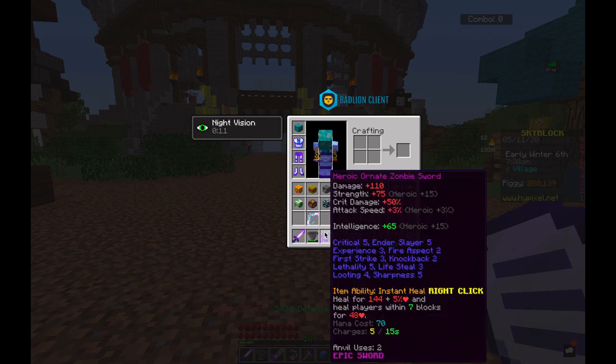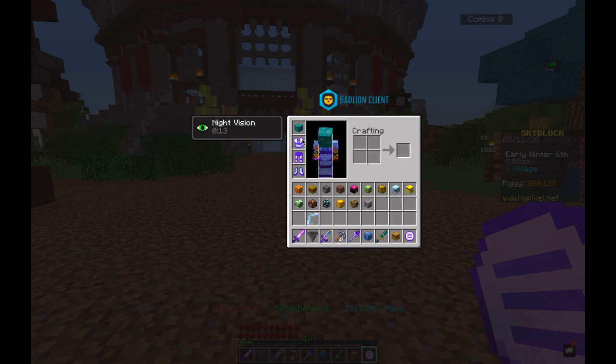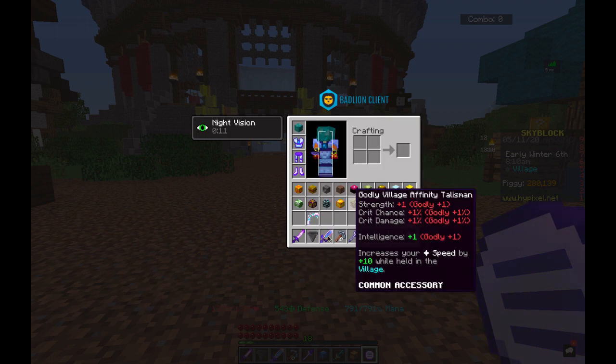And next, you have the Ornate Zombie Sword. You don't need to reforge or enchant it, but reforges are preferred because then you will get more intelligence, which you kind of need. What the Ornate Zombie Sword does is it has the ability called Instant Heal. It heals yourself for 144 plus 5% of your max health, and heals players around you within 7 blocks for 48 health. But then, since you have the Crystallized Heart, as I suggested earlier, you'll actually double